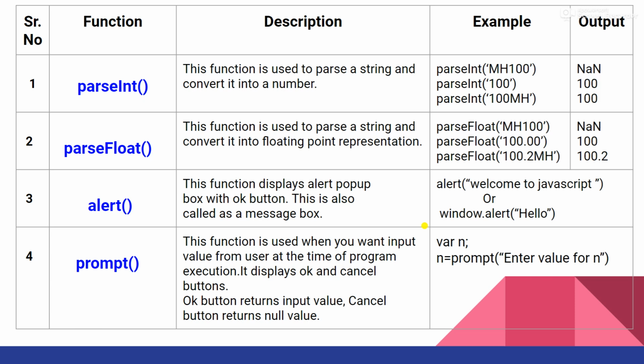Agree? You remember why we require a variable? To store the value or data. So if our prompt is going to return us some value, that value we have to store in the variable. So observe n equal to prompt enter value of n. Now if this is given, the user will give some number or anything, whatever he wants, and he will click on OK. So whatever value he has entered will be stored in n. This is what will happen here. Suppose by mistake he has entered some value and clicked on cancel. So n will have null value, meaning nothing, right?